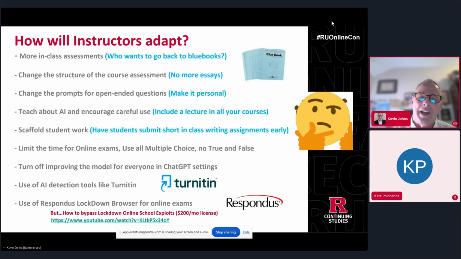So the point is that if there's a way to bypass this stuff, somebody's going to figure that out. And then these tools are going to have to adapt to that. But you're not going to prevent someone trying to cheat completely. It's always going to be a back and forth. Now, these detection tools, like Turnitin, I've seen the detection tools. I've used them. They're not foolproof.